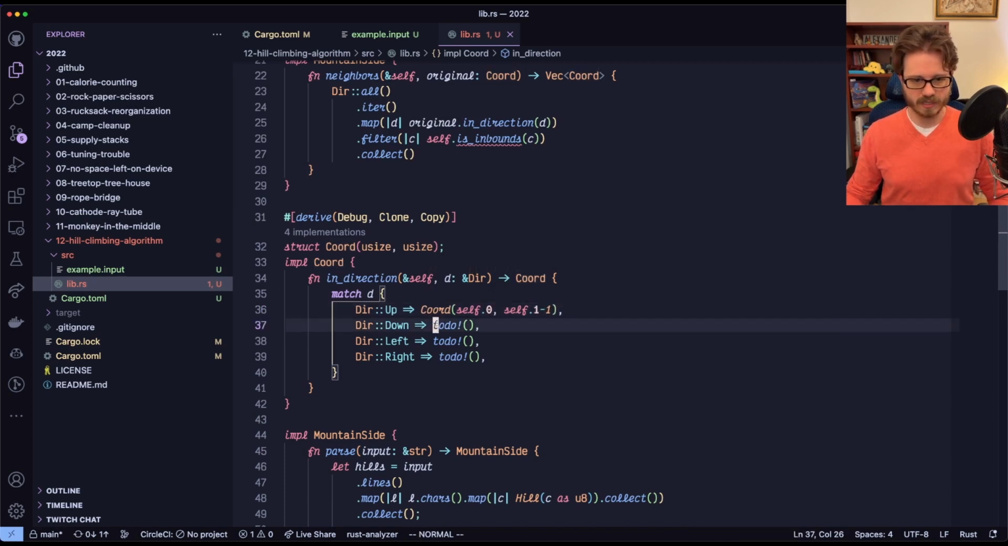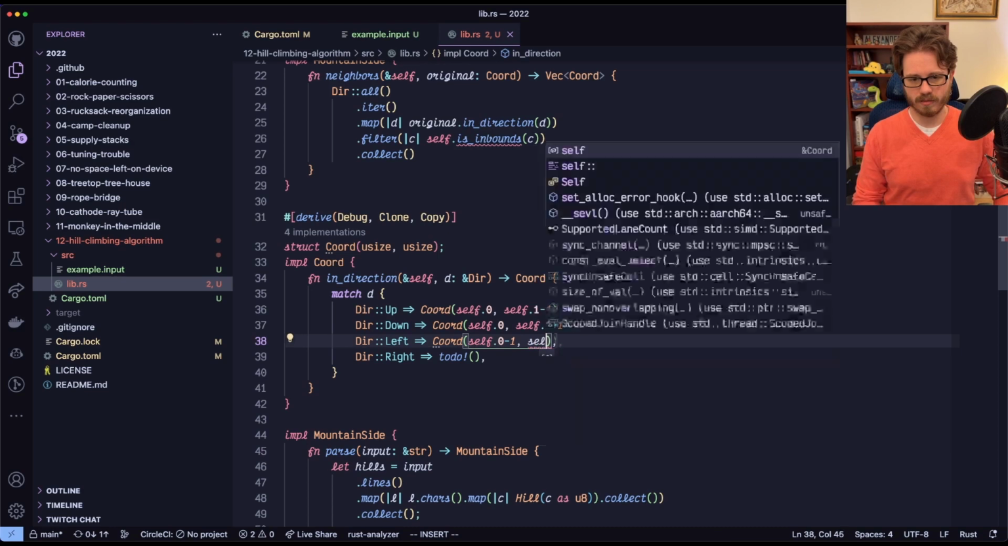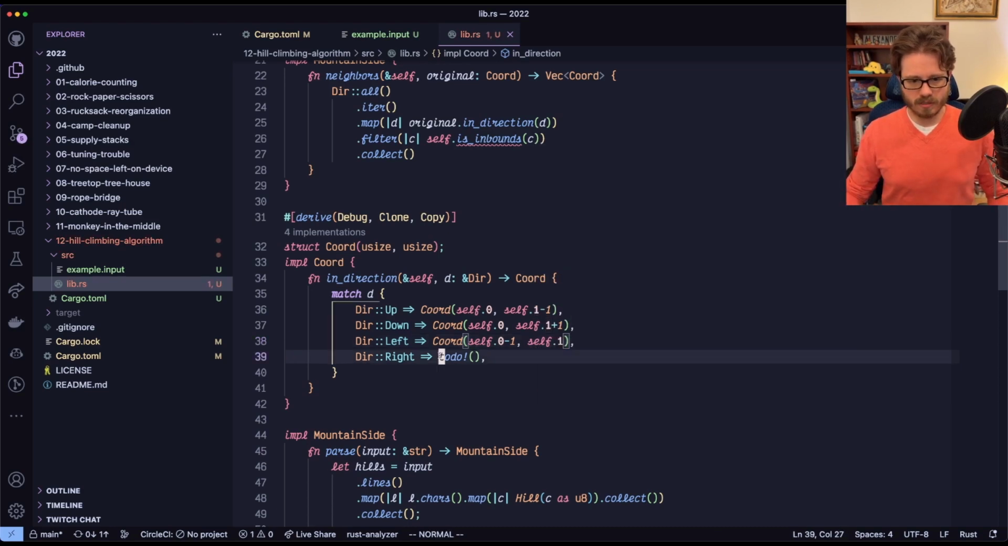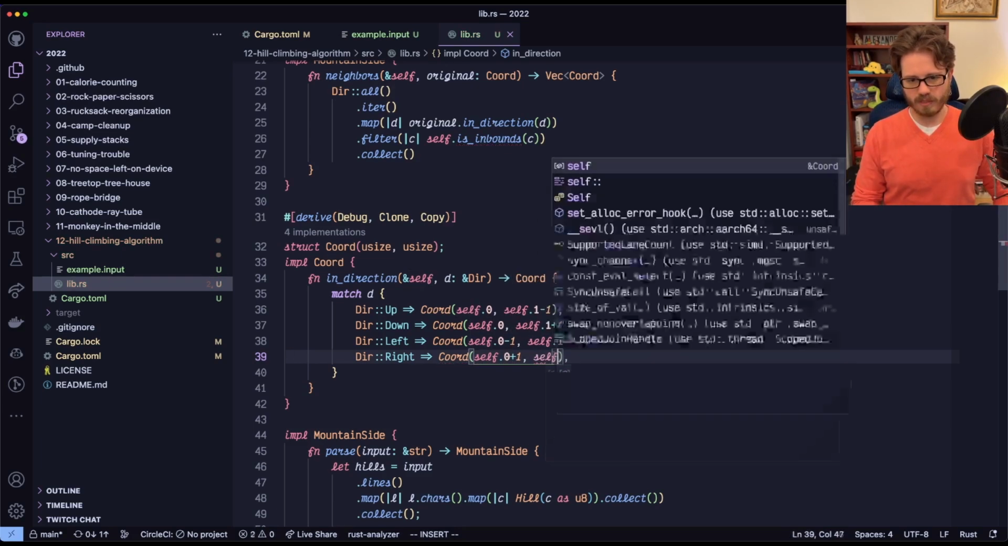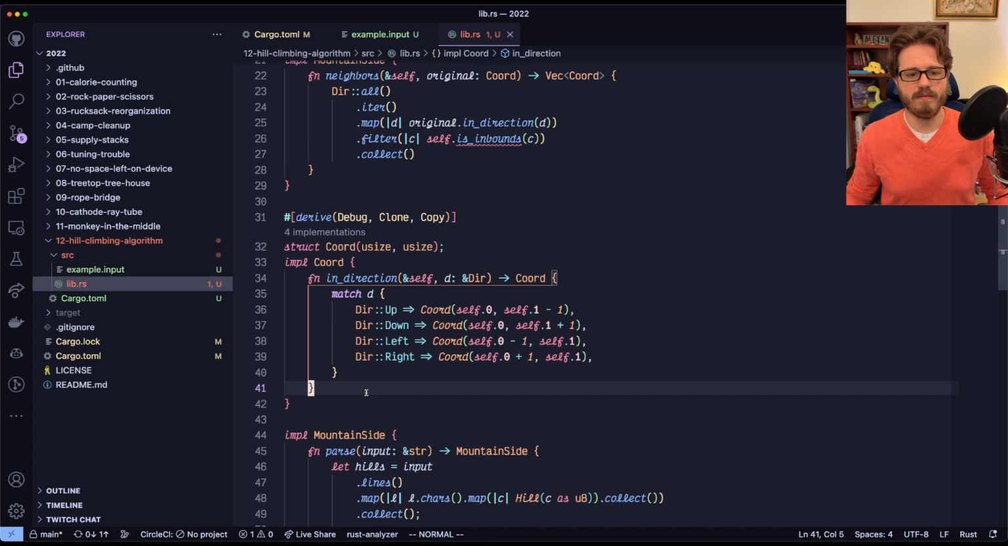Okay, so we take this. The down direction is gonna add. Left and right though still get to be the same way, the normal way. And then this one gets to be self dot 0 plus 1 and self dot 1. Okay, that one looks right. Awesome. So we have in direction, and now we can do